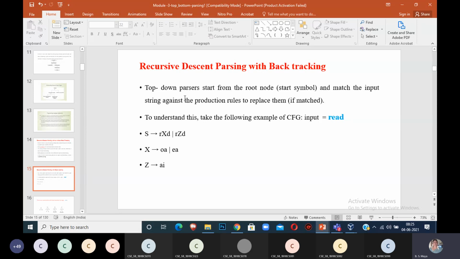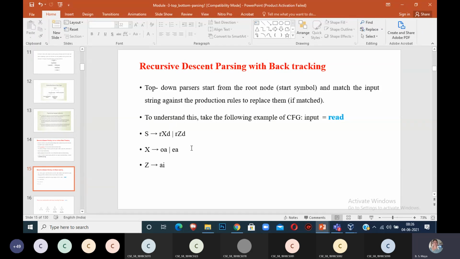The top-down parser starts from the root and matches the given input string against the production rules, replacing them according to whether my input matches. For this, we have to try. What is backtracking? Can you take the grammar?